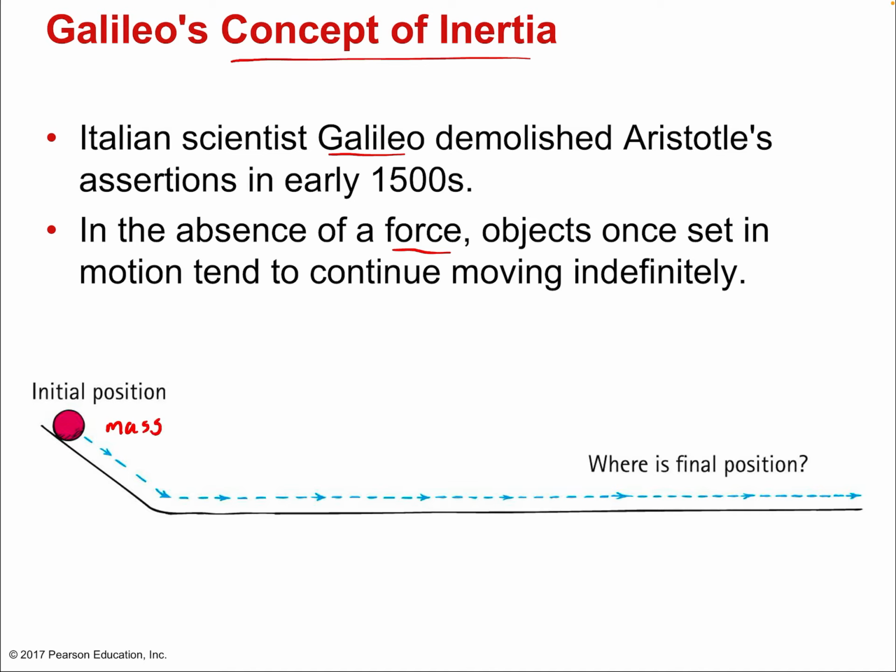If things are in motion, they'll continue in motion unless something stops them, like air resistance or friction in our everyday lives, right? Drag as a boat floating in the water, okay? But if you were in the vacuum of space, things just continue to move forever. And the final position, well, it could be infinitely far away if nothing ever stops this object with inertia, a property of matter.